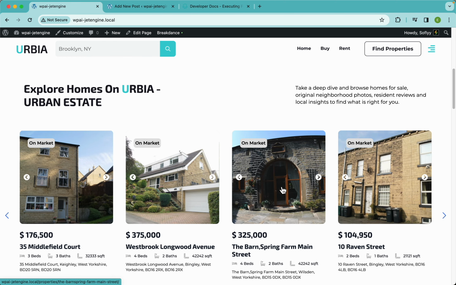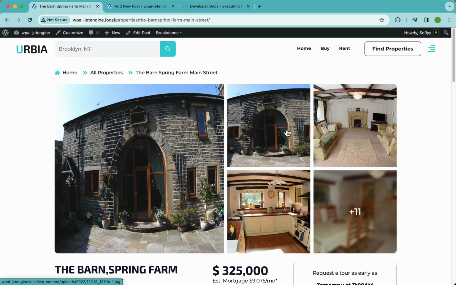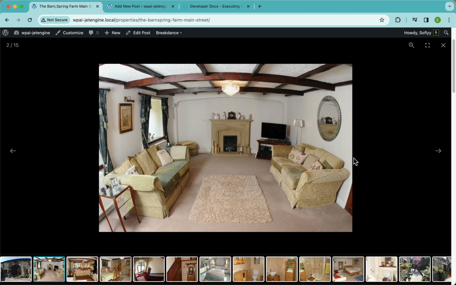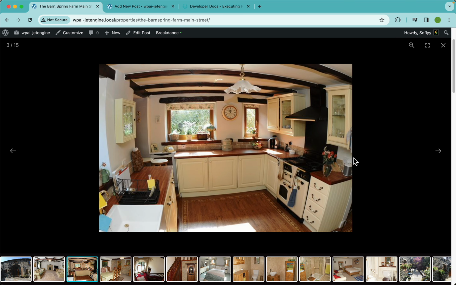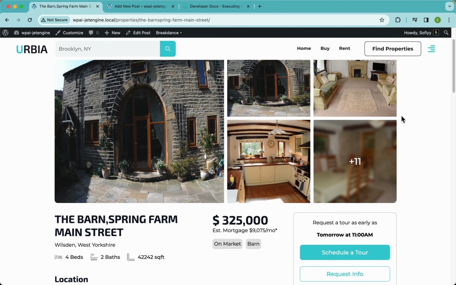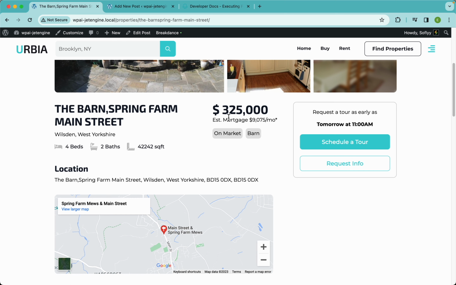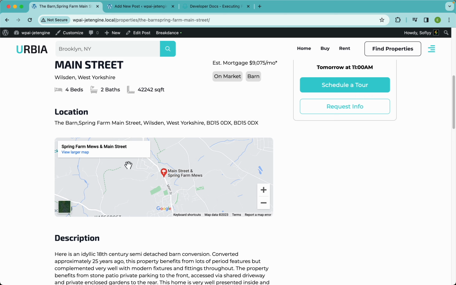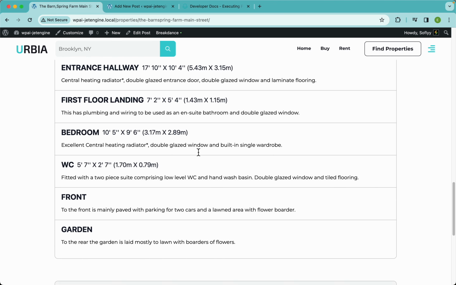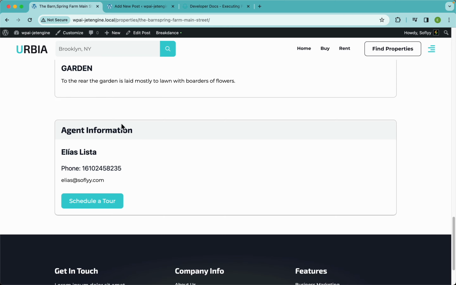Let's open this one up and see what's going on here. And as you can see, we have our images, and that's always a good sign because that means that WPL Import was able to download and attach all of them. So this is looking real nice, guys. Now we have our title, the price, bed, baths, square feet. Then we have the location with the map, the description, the amenities, the rooms repeater field worked, and the agent